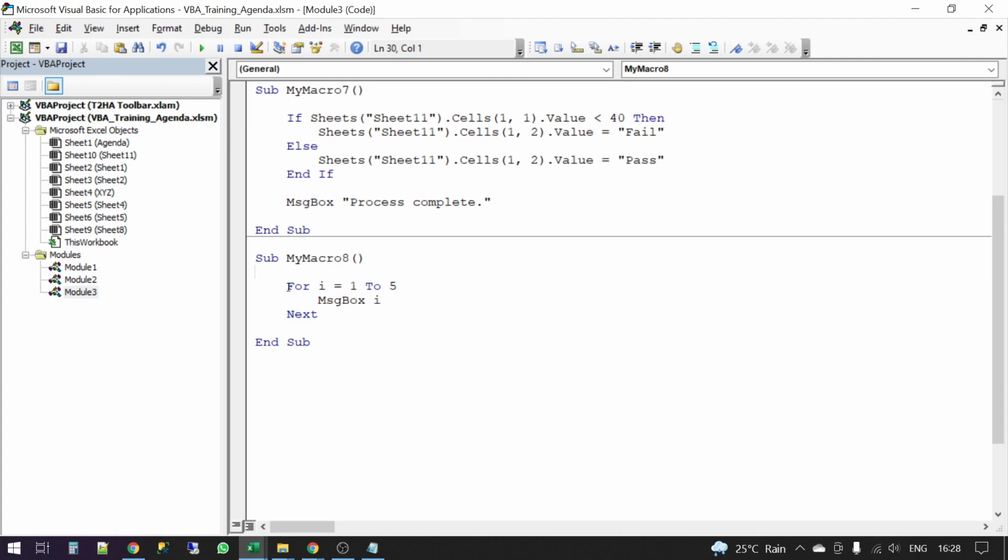So how this will run is, it will go here, it will assign the value 1 to i. It will read this as MsgBox 1, so it will give a message 1. Then it will go to Next. It will straight away go back to this particular line. It will assign the value of 2 to the variable i, then it will come here, so it will be MsgBox 2, and so on till 5.